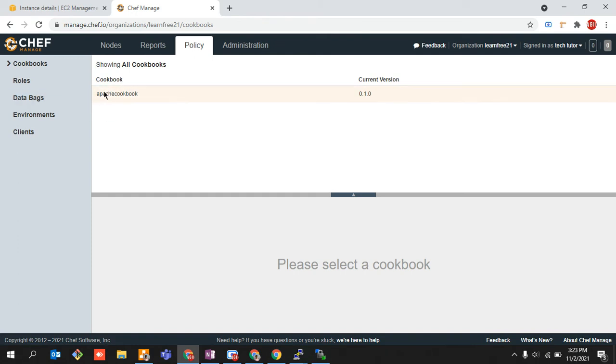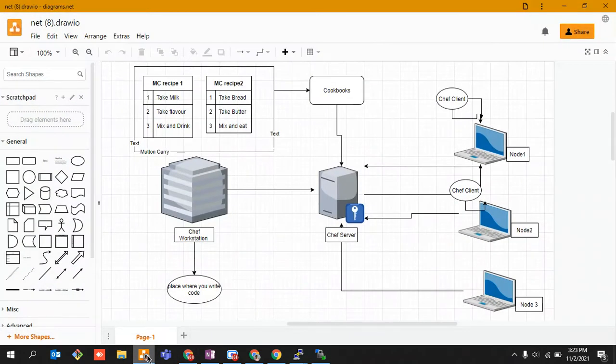So now some magic should start happening at this point, because we have done nearly all the parts. We created our chef workstation, we created our node, we connected the node to the server, we connected the workstation to the chef server, we wrote some recipe, and we uploaded it as well. And now what is our expectation? Our expectation is that chef client should first check if this code is on this machine.